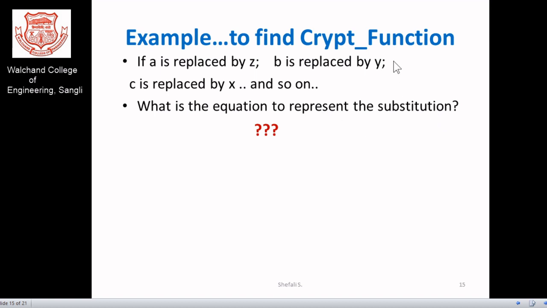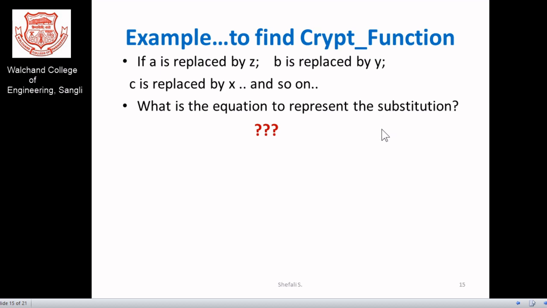Now here is another example. I would like to ask you to find some cryptographic function. Suppose the question is that A is replaced by Z, the second letter B is replaced by Y, and the third, C, is replaced by X. That means one goes left to right and the other goes right to left. So I want you to give me a substitution formula or function for this.